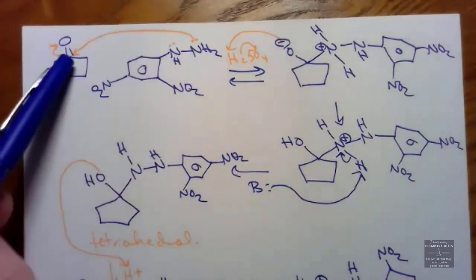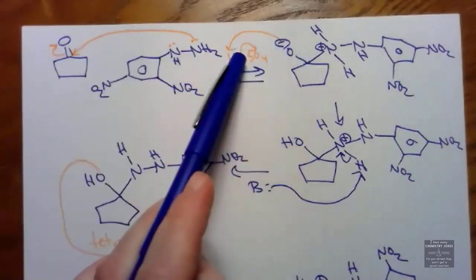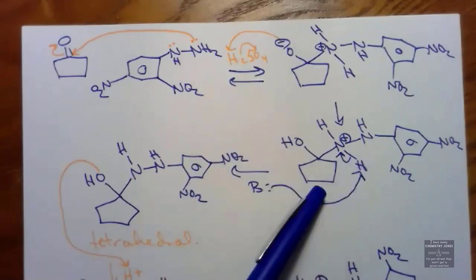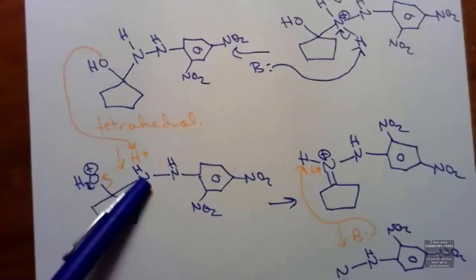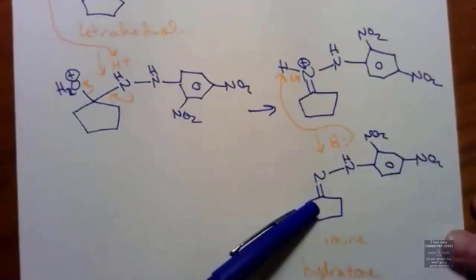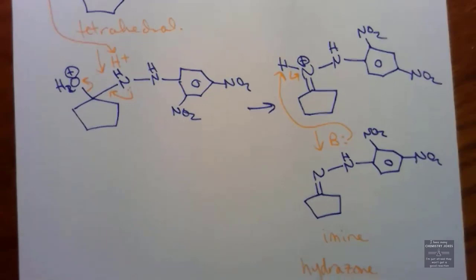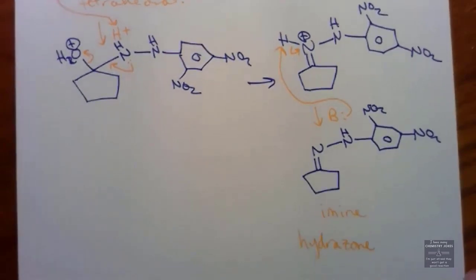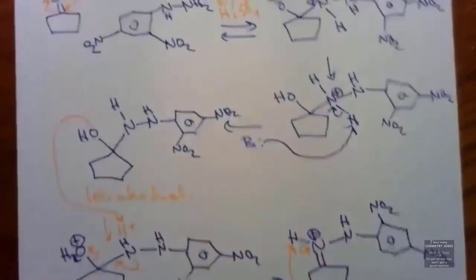That's the first one: attack the carbonyl carbon. Proton transfer. Proton transfer. Proton transfer. Fold down, kick out. Proton transfer. Product. So this is not a complicated mechanism. It's just put the H's where the H's need to go in order to make a good leaving group and let it leave. Your leaving group needs to be positively charged in order to leave because your reaction is taking